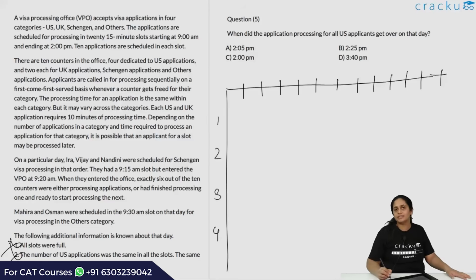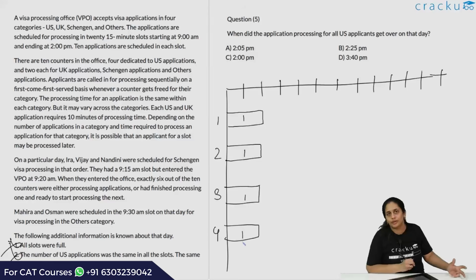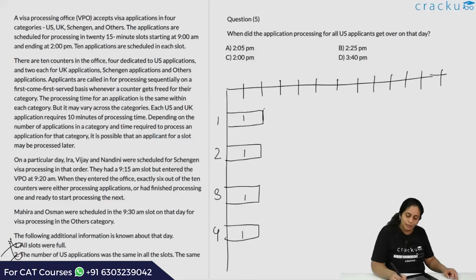Let's see what happens in 1 hour. How many of these are completed in 1 hour? So here in this, you get 5 applicants. So over here, these guys are working for 10 minutes. This is applicant 1. All of these 4 applicants are from slot 1. The 5th applicant from slot 1 has to wait. He has to wait for 10 minutes till one counter gets over. So the first counter, suppose, now starts working on the 5th applicant. So this 5th applicant is going to get over by 9:20 am.